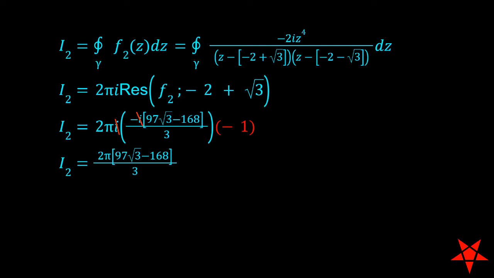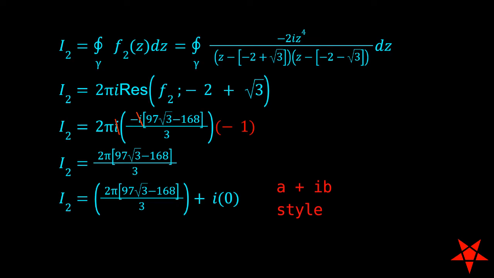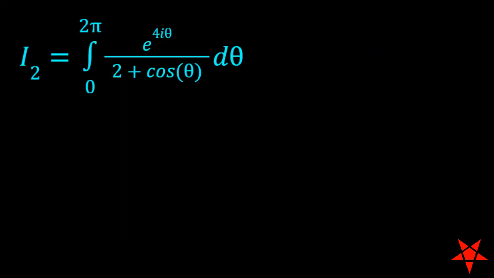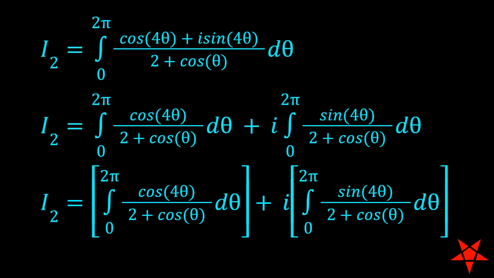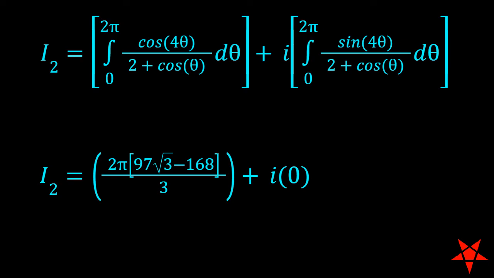Even though I2 is real, we will express it in complex form using a plus ib notation for reasons that will become apparent momentarily. The imaginary component is, of course, 0. If we take the original form of I2 and use Euler's relation to convert e to the 4i theta into cosine of 4 theta plus i sine of 4 theta, then we can split the integral into real and imaginary components. Placing this expression alongside the solution that we just calculated for I2,